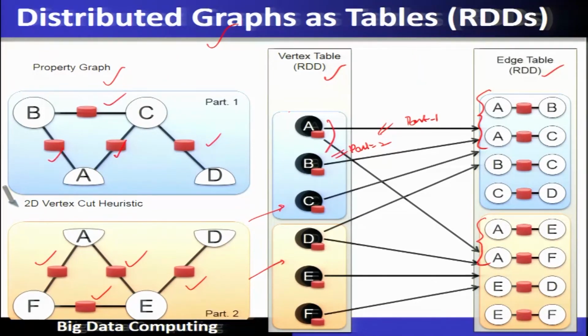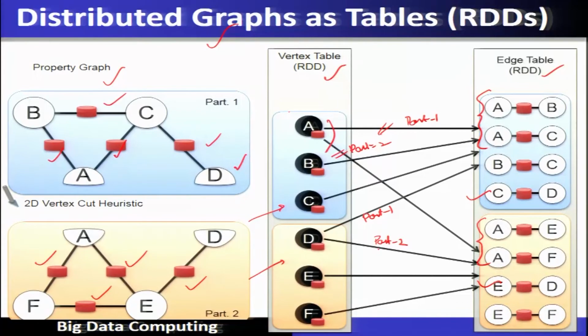So, BC and BA both are in part 1, so they do not require communicating with part 2 in any case. Similarly, as far as D is concerned, D will have communication with C on part 1 and with E on part 1. So D will have part 1, and D will also have communication with part 2. Therefore, CD will be on part 1 and DE will be on part 2.